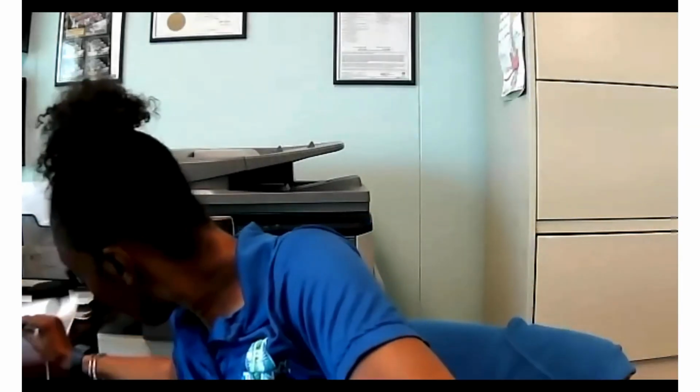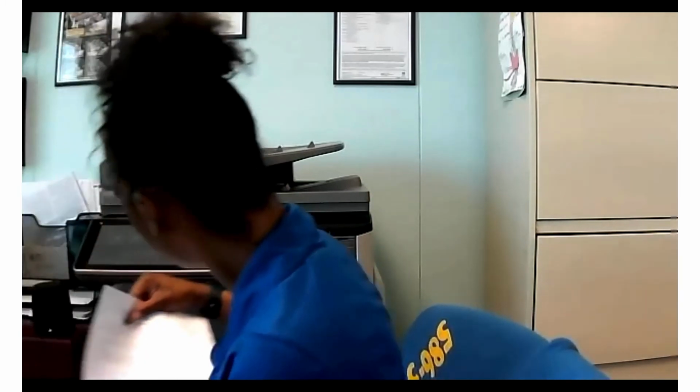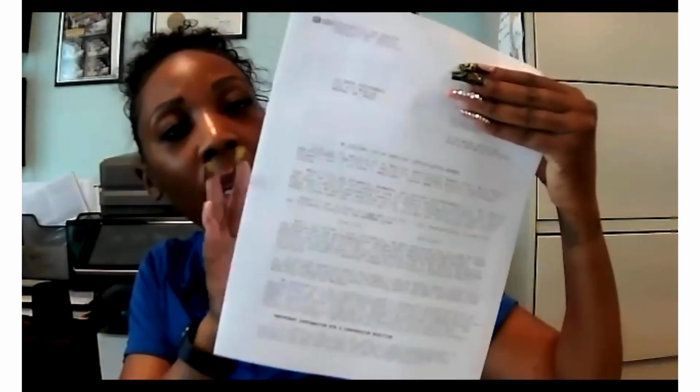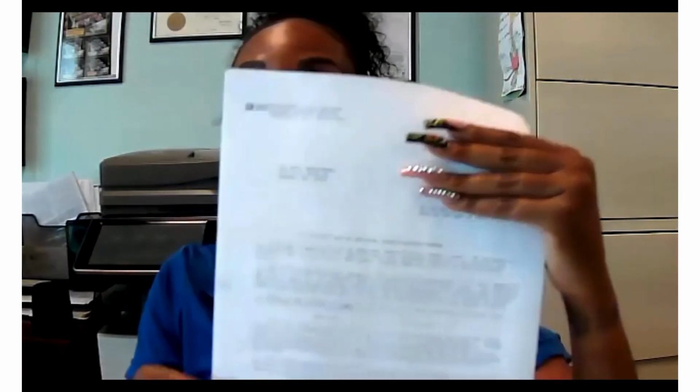So I'm going to show you what it should look like without you showing the number, okay? So here it is, guys. Can you see it? It's about 3 pages, but it's telling you the importance of it. This letter is either going to be mailed to you or you can download it immediately. So I have it saved in case I need another, but you want to keep this in a safe file